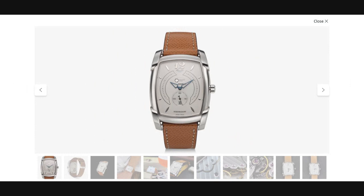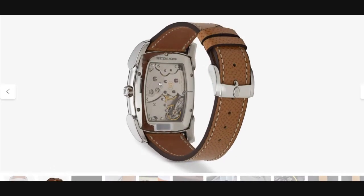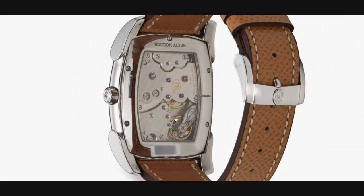The name of the brand in full is right at 12 o'clock, in the form of an upward facing fan like scale. You have the power reserve indicator, and above Swiss made, right under 6 o'clock, you have the hebdomadaire, which refers to the movement of the watch, the week long, or rather 8-day power reserve on a hand wound piece, beautifully decorated movement with a swan neck regulator,